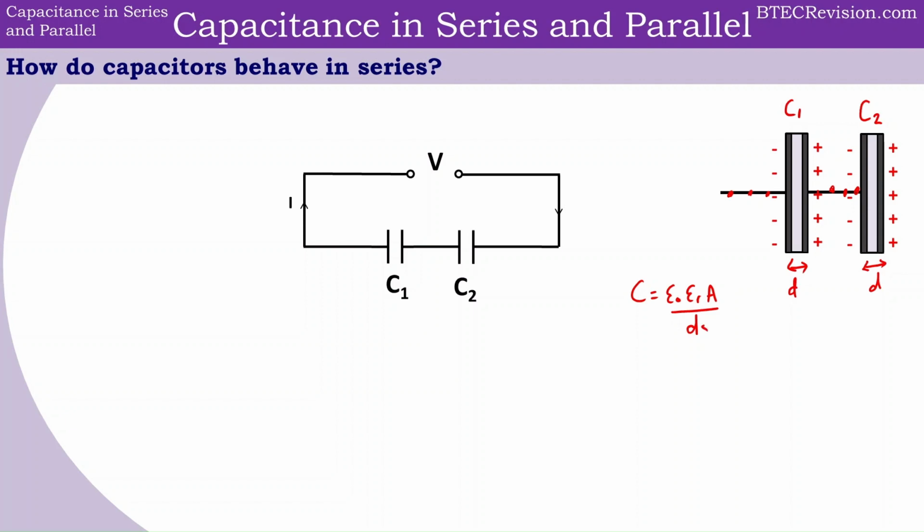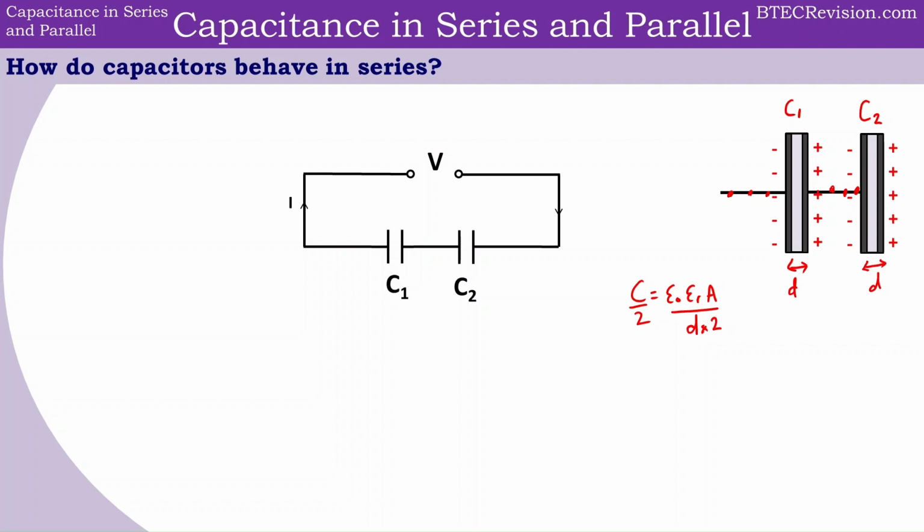So looking at the equation, we can times that by 2. And since capacitance is inversely proportional to the distance, we have to divide capacitance by 2 to balance out the equation. So in this case, the capacitance is going to decrease. If we had a third plate in series, then we'll have 3 times the distance, and therefore we'll have to